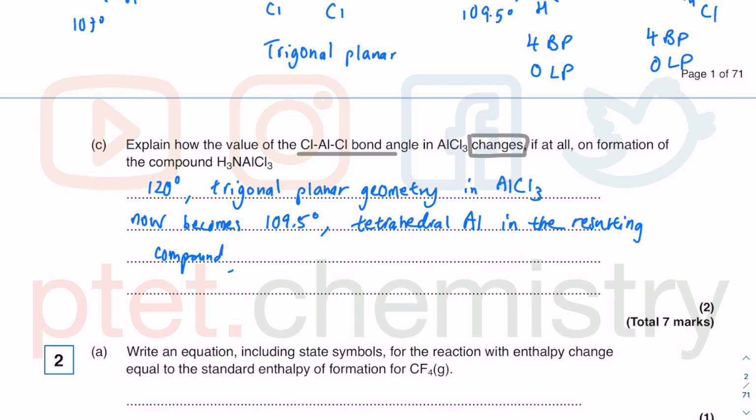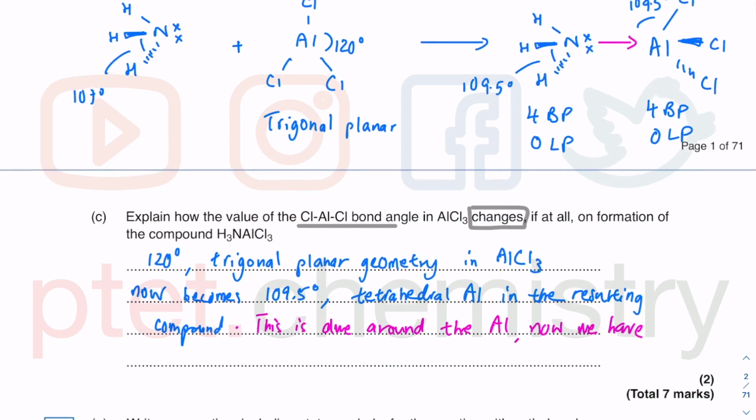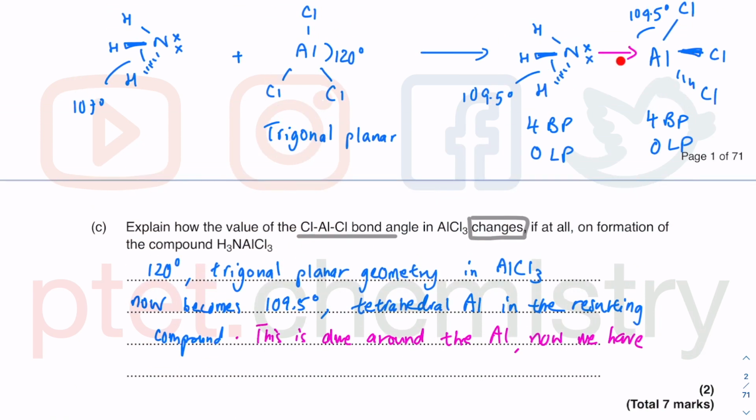So this is due to the electron pairs around the aluminium. Now we have 4 covalent bonds, the original 3 covalent bonds plus 1 more dative covalent bond. So we have 4 sigma covalent bonds, therefore 4 bond pairs,